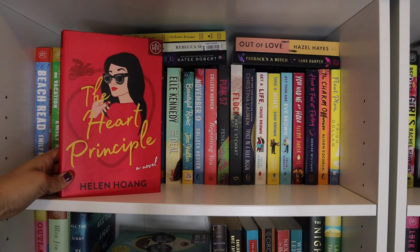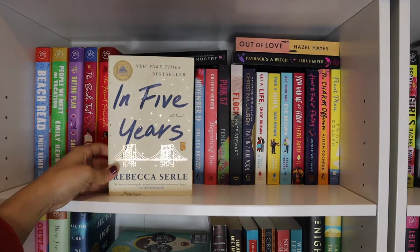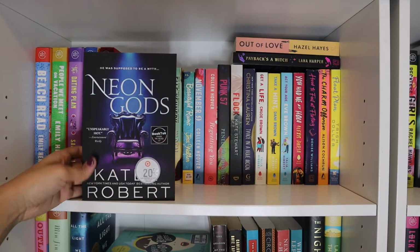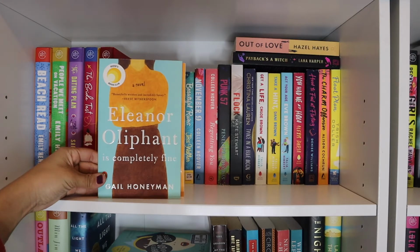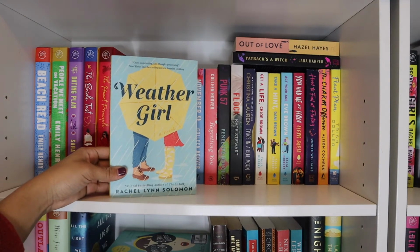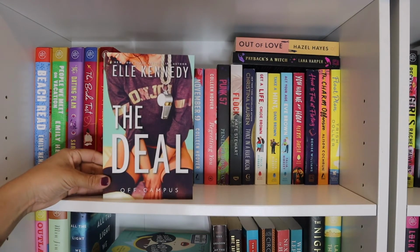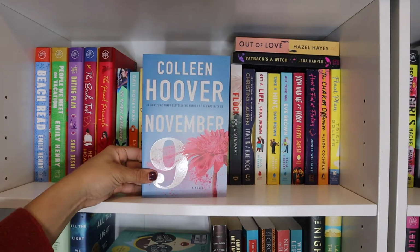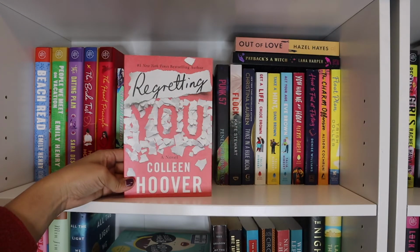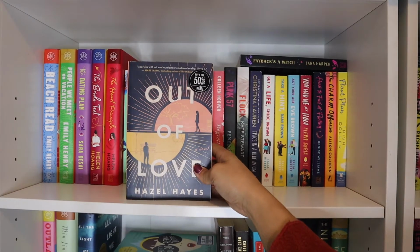Helen Hoang, which is the 3rd book in the Kiss Quotient series, The Pisces by Melissa Broder, In 5 Years by Rebecca Serle, Neon Gods by Katee Robert, Ice Planet Barbarians by Ruby Dixon, Eleanor Oliphant is Completely Fine by Gail Honeyman, Weather Girl by Rachel Lynn Solomon, definitely excited to read this, it's an anticipated read for 2022, Written in the Stars by Alexandria Bellefleur, The Deal by Elle Kennedy, Beautiful Ruins by Jess Walter, November 9 by Colleen Hoover, Regretting You by Colleen Hoover, Punk 57 by Penelope Douglas, Out of Love by Hazel Hayes, Payback's a Witch